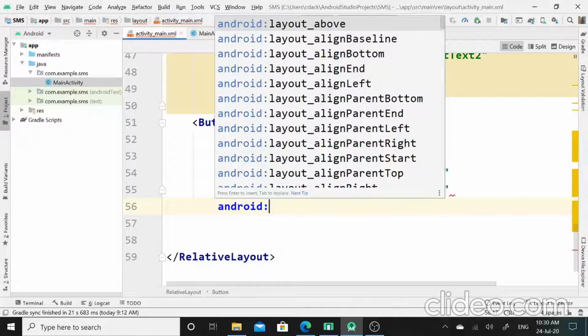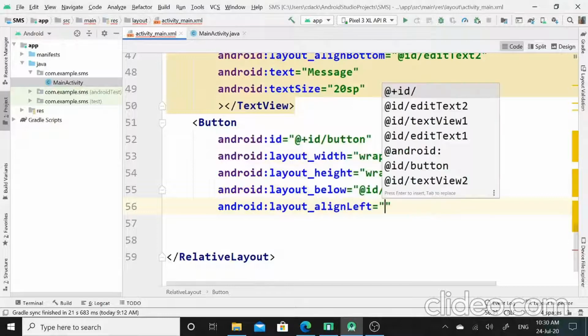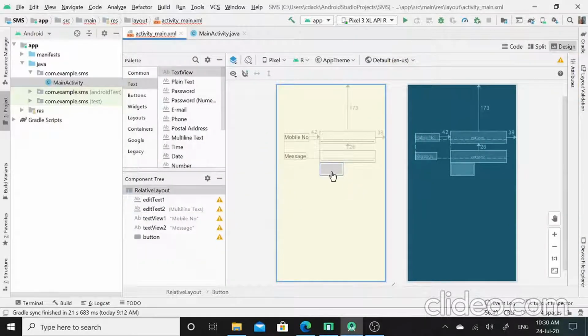Next property is layout align left. Here I will set the ID of edit text 2. So this is the button.